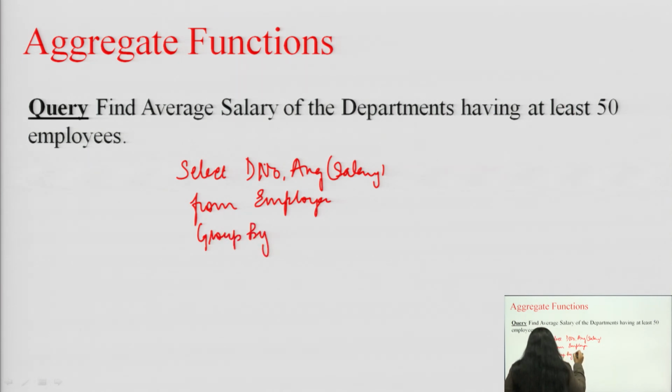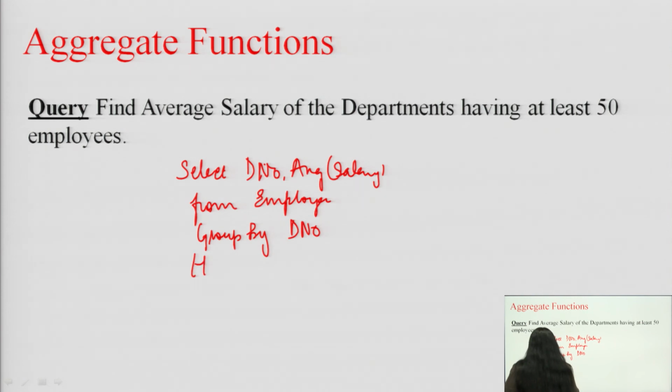I told you whenever we are going to find the count, like how many faculties or how many students there are, we always group by it before we start counting, right.